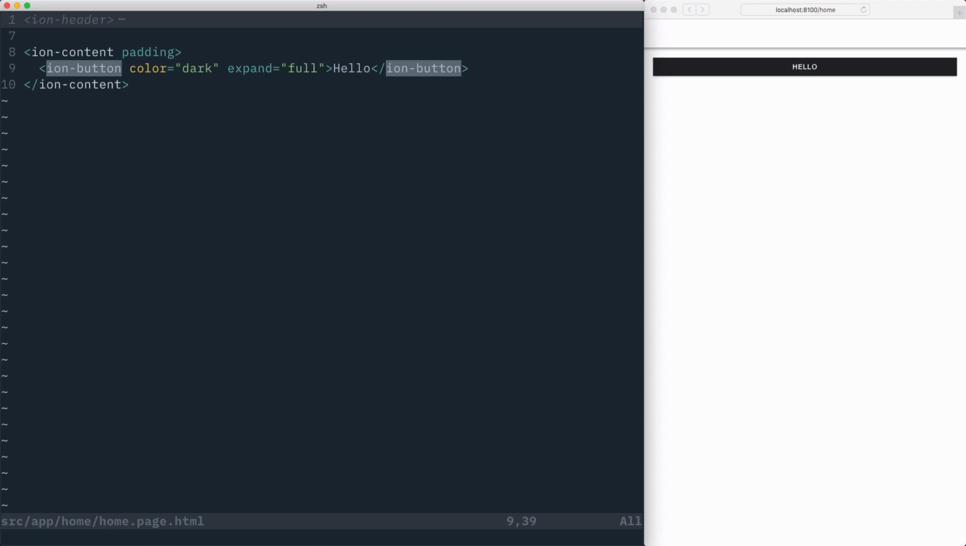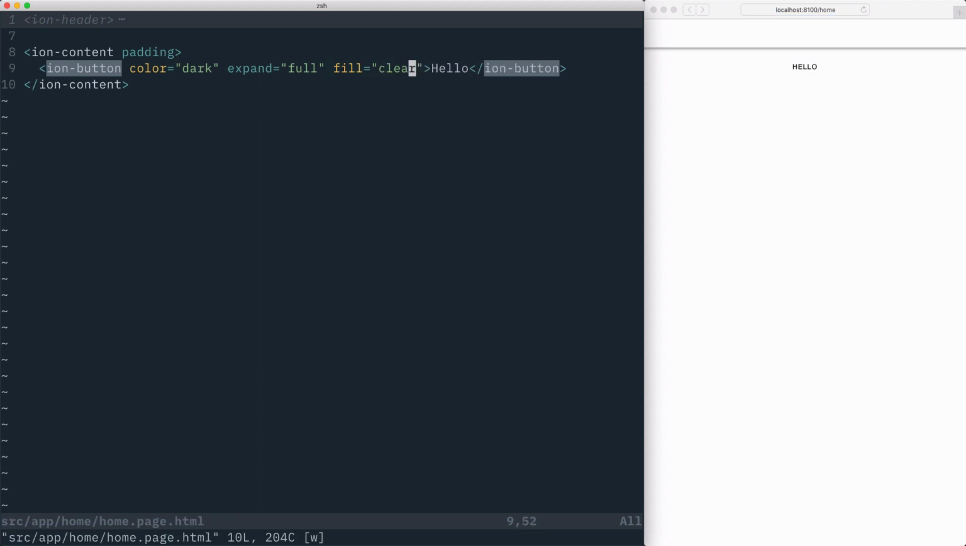width. Ion button also has an attribute called fill, which allows you to change the background and border color of the button. By setting fill to clear, we can create a button that has a transparent background and resembles an iOS-styled flat button. By setting fill to outline, the button is transparent but has a border to show where the bounds are. And by changing fill to solid, we get the default look of a full colored background with contrasting